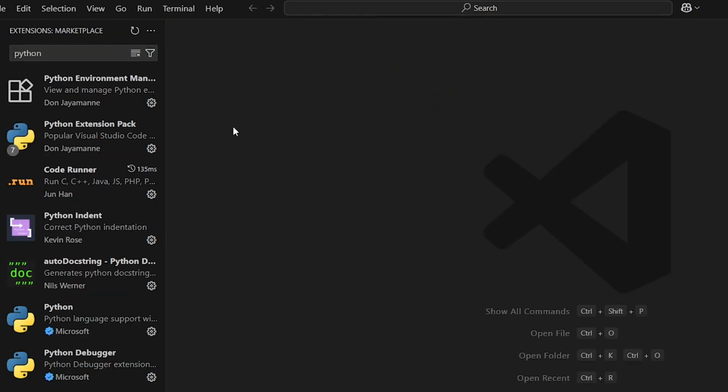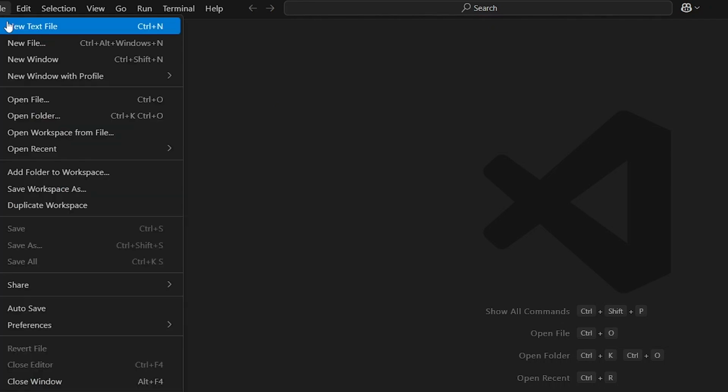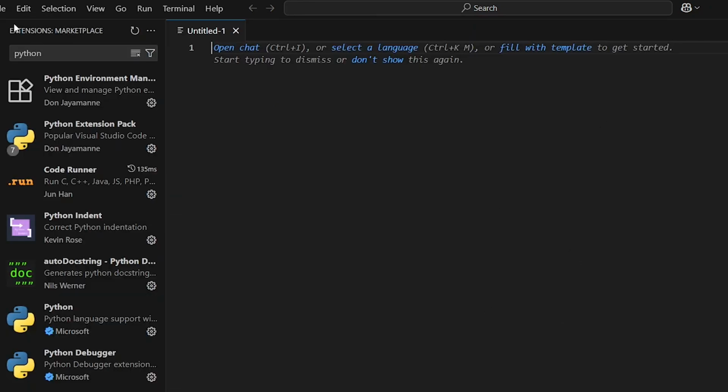And for us to write this program, we're going to start by creating a Python script or a Python file. So I can go to the file menu here and click on new text file, and I'm going to save this with an extension .py to make it a Python script.